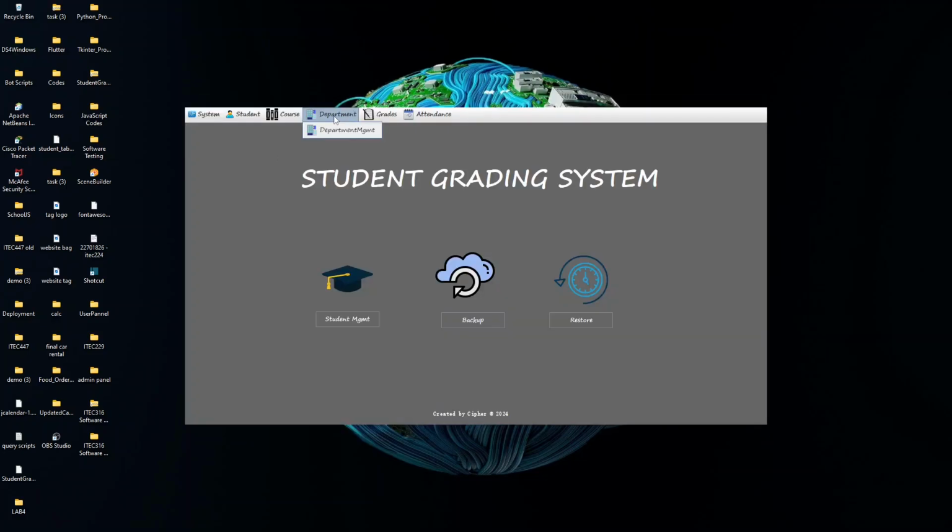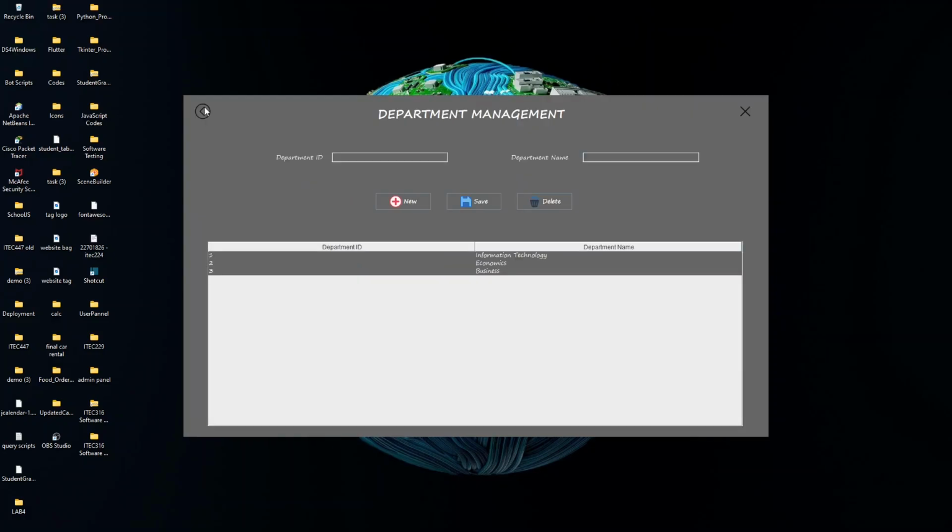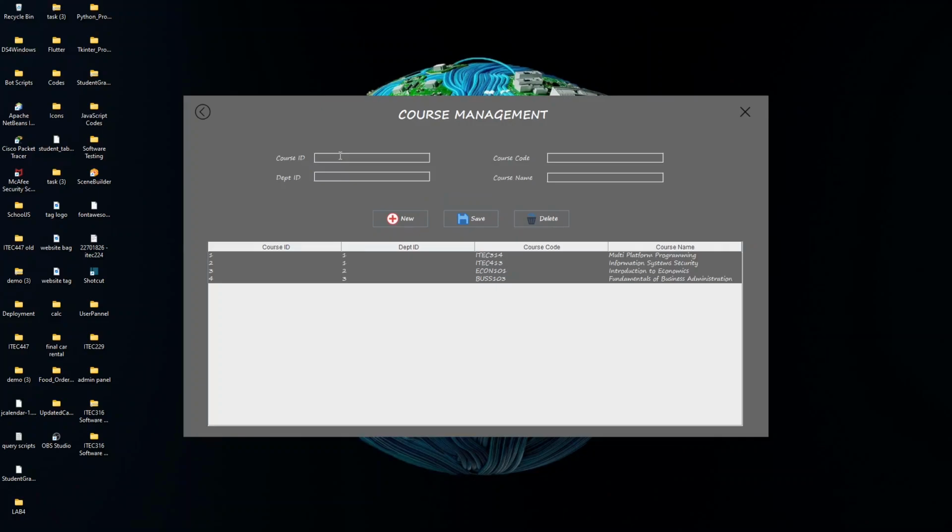We have information technology, economics, and business. Let's say we want to add a course in the IT department. So let's go back to the course, and I will see the course ID is going to be 5. Department ID, since it's IT, is going to be 1. The course code is going to be